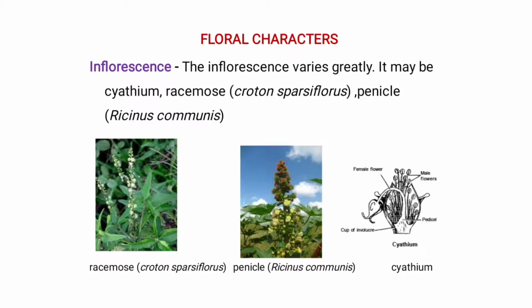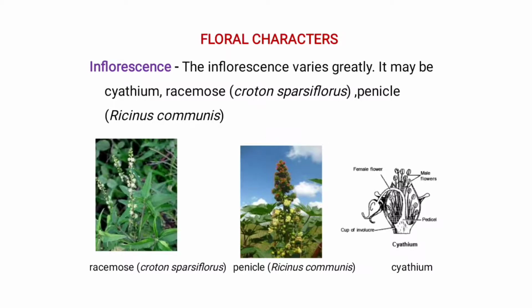It consists of a cup-like structure formed by the involucre of bracts. There is a portion, the involucre of bracts. Then at the center of this cup, there is a single stalked female flower with a tricarpellary ovary seen outside the cup. It means they have a tricarpellary ovary present, and the female flower is surrounded by 5 scorpioid cymes of reduced male flowers. So they are the male flowers. And then the male flower has a neck and generally a single stamen is present.